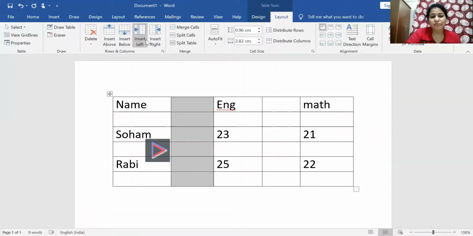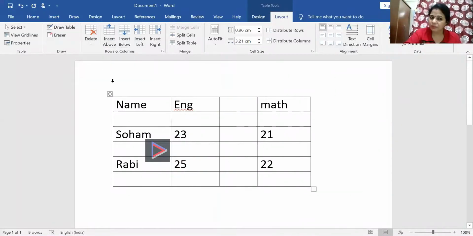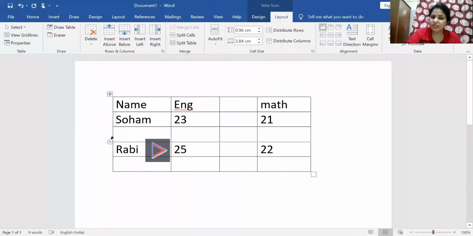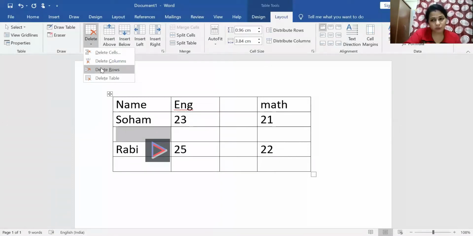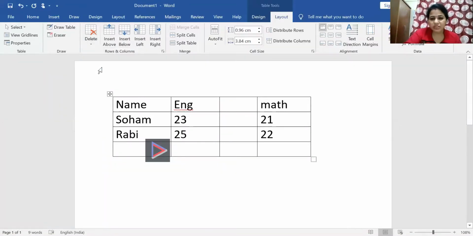Okay, same way, if you want to delete an unwanted column or unwanted row, what I will do is delete the column, and the whole column has to be deleted. Select the row and then go to delete row, and the row has to be deleted. So the extra row which I don't want has to be deleted. How am I deleting? Just select the row, click on delete and then the delete row option, so it is deleted. So these are the additions.